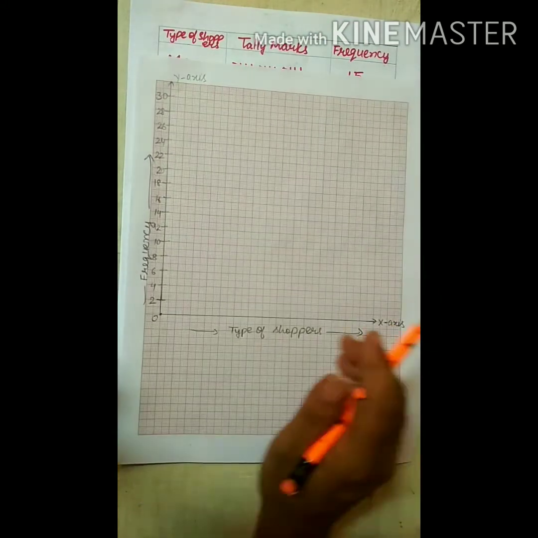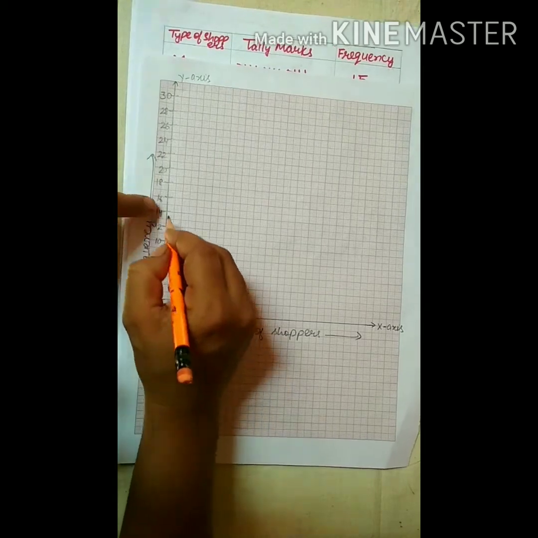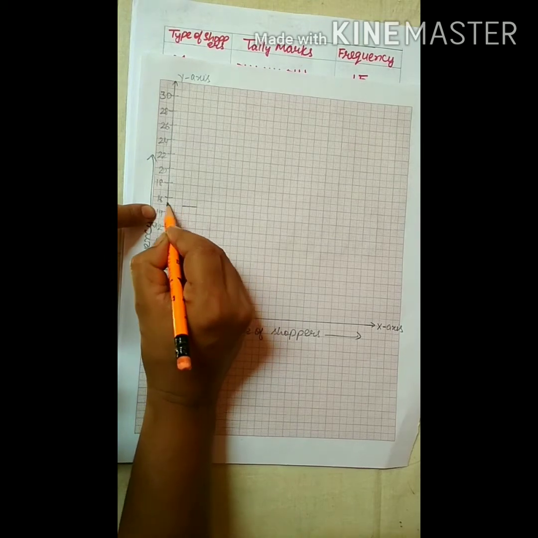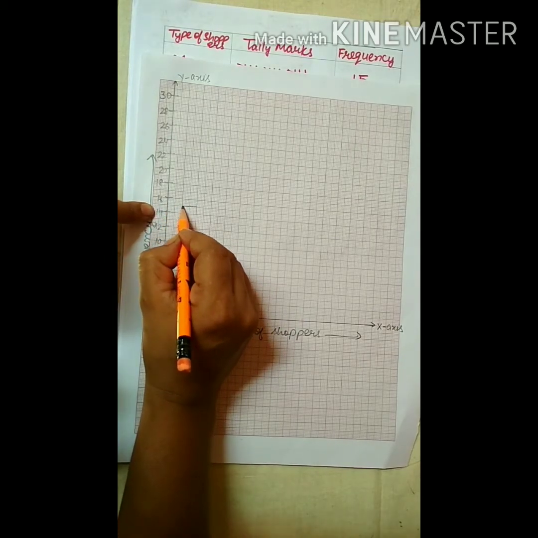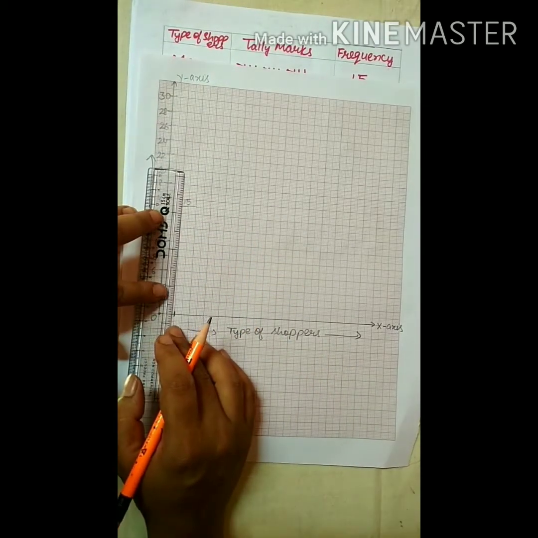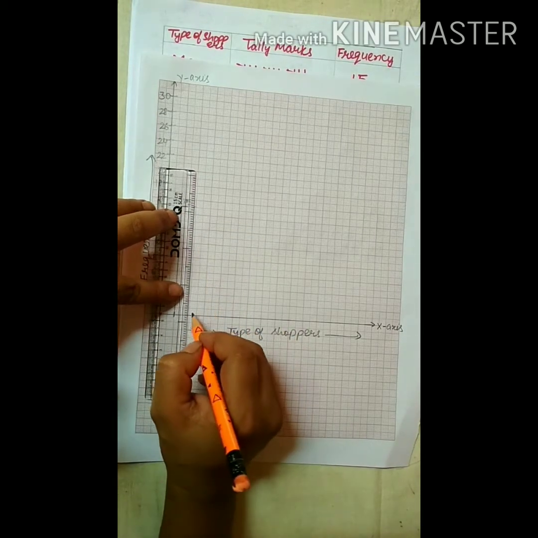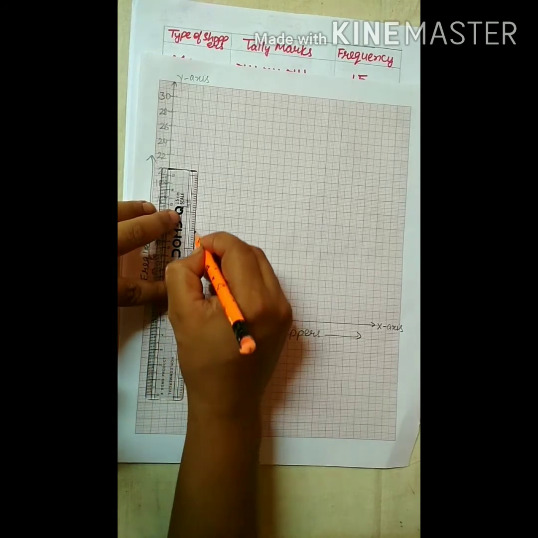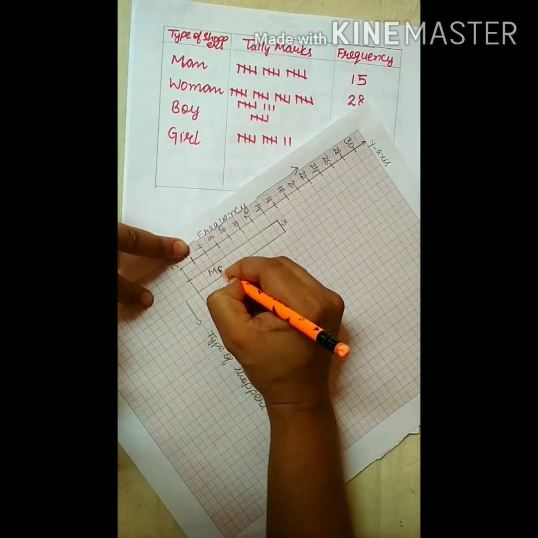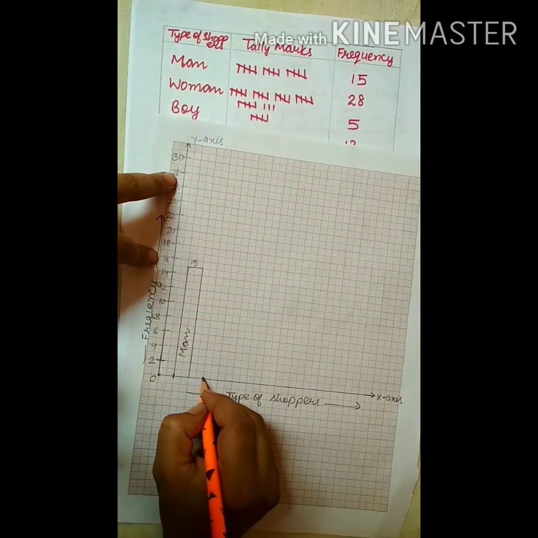I will make a bar starting from this rectangle up to 15. Here I have 14, so this line will represent the midline of 14 and 16, and it will show the value 15. I will just write down 15 here and draw the first bar, that is the first rectangle, which shows the man. Now next one is 28. Here I will take the gap.